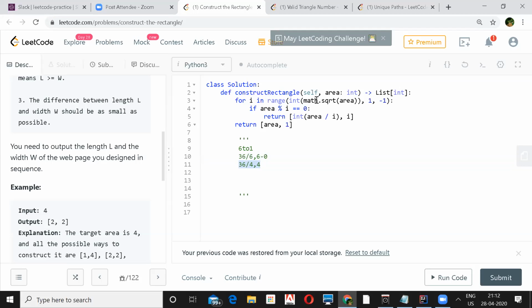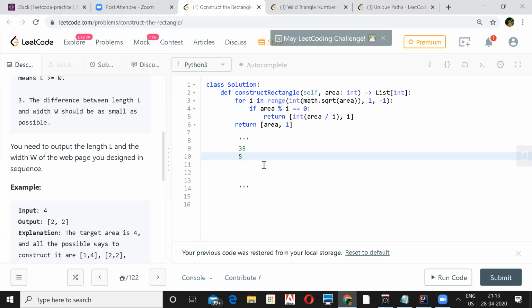If I had done from 1 to the square root, then I would have to update the difference at each and every step. But if we directly get the square root of a number, then it will end in the first iteration itself. Except that, there can be more iterations. Could we try with 35? Because 36 is a perfect square root, right? 35 square root will be 5 point something. Take the int, so 5. Yes, it will be till 5.